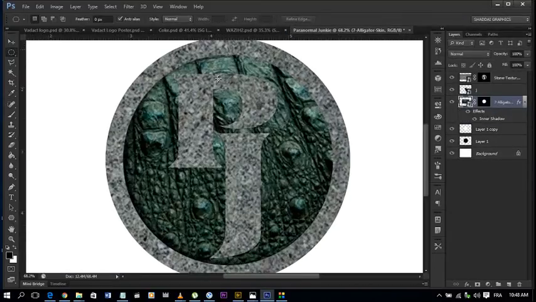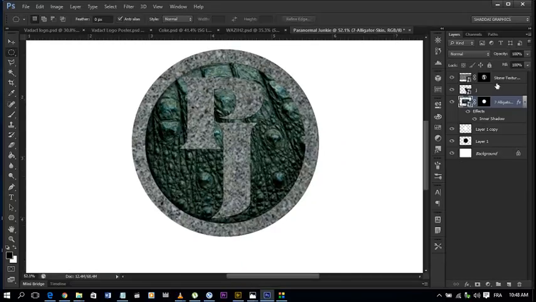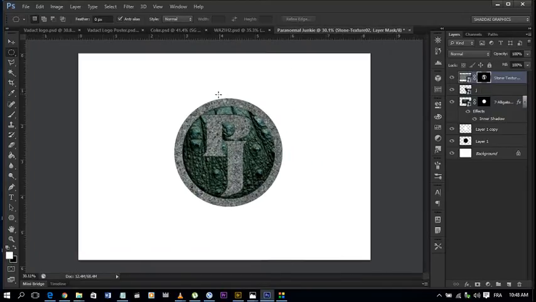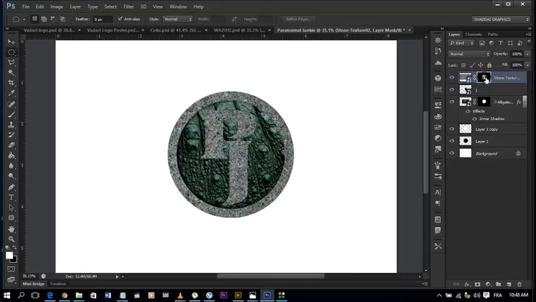I don't know, this stuff doesn't appear to be, yeah, this texture looks a little too blurry for me. Let's see if we can fix that before we do the same thing over again. So